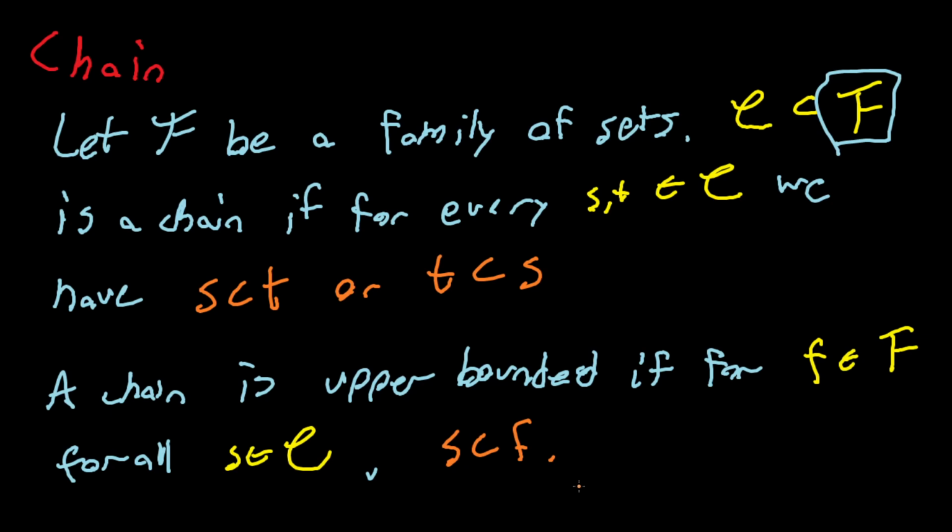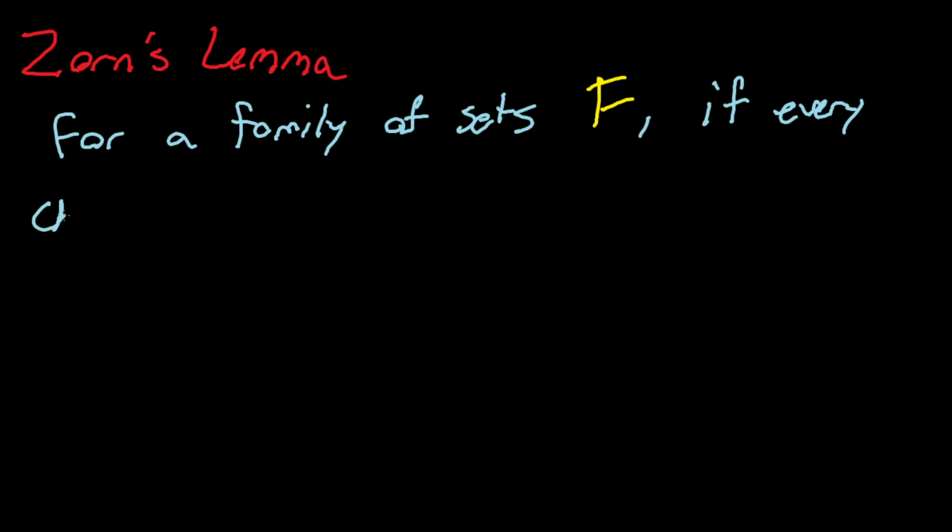Okay, if you don't have the intuition for this yet, I'll work through an example at the end of this video, but these are the two things that we need to state for Zorn's Lemma. Okay, so now Zorn's Lemma itself. So for a family of sets F, if every chain is upper bounded,